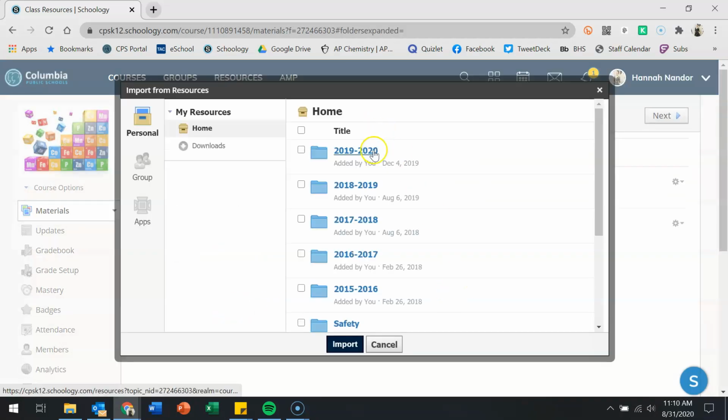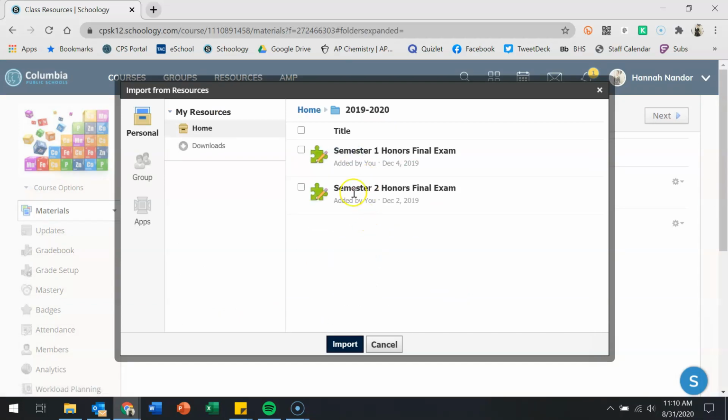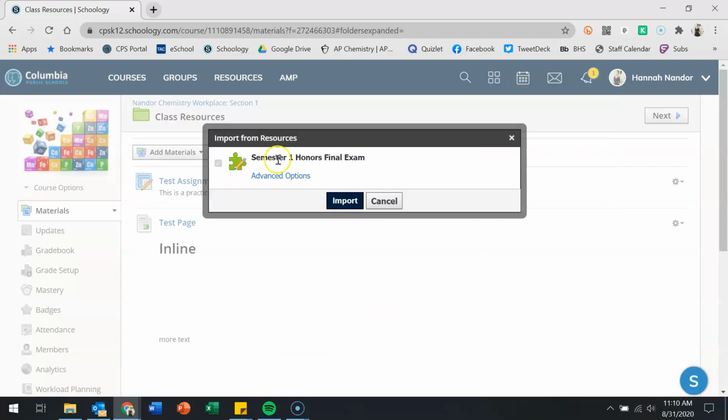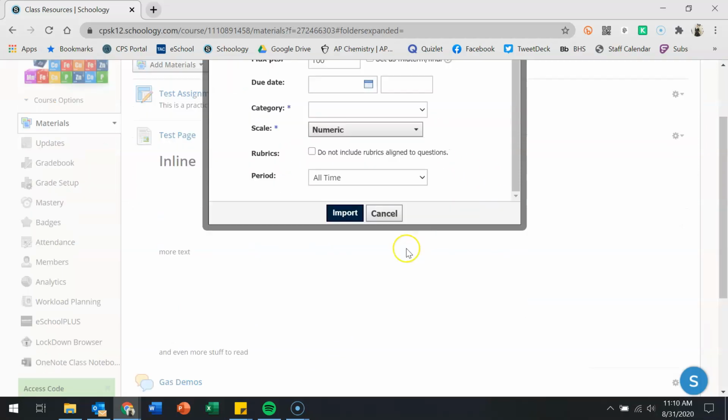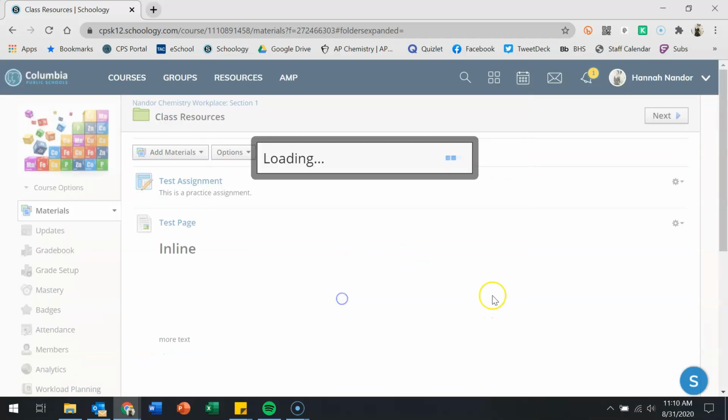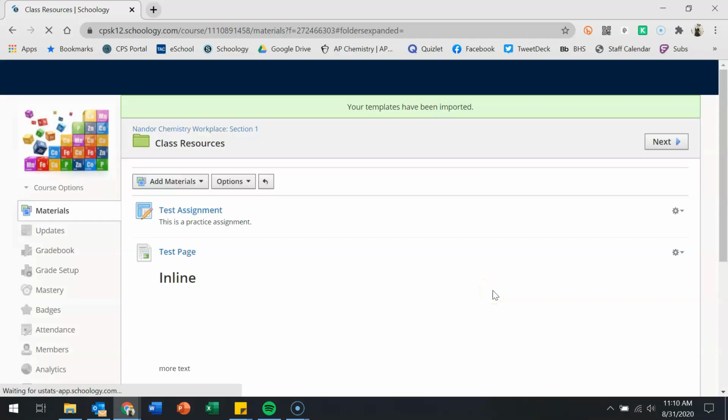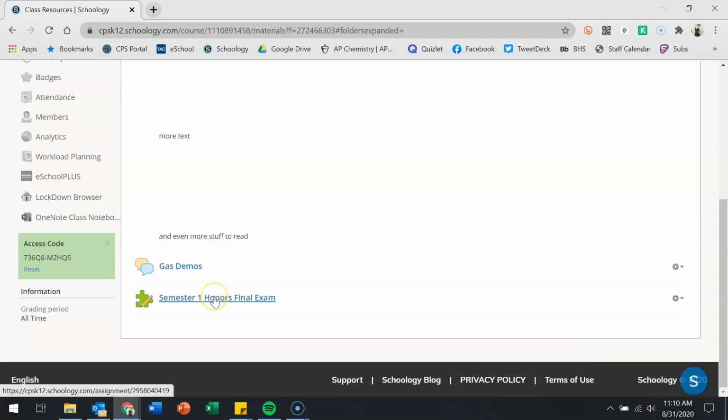So if you have something built in a different spot and you have it saved to your resources, you can go and you can always import. So say I wanted to import my honors final exam from last year, I saved that in my resources, so I can just go grab it, I can import it, and then it'll give me some advanced options to change some settings. And then I just hit import,